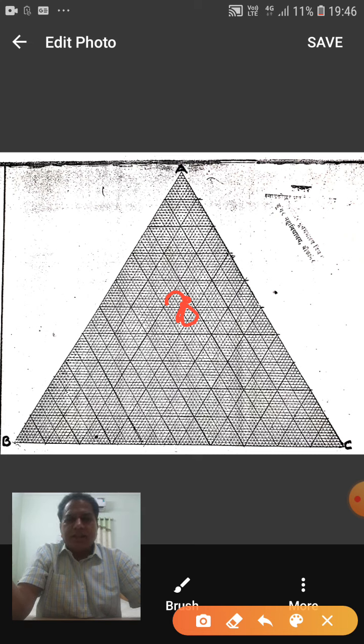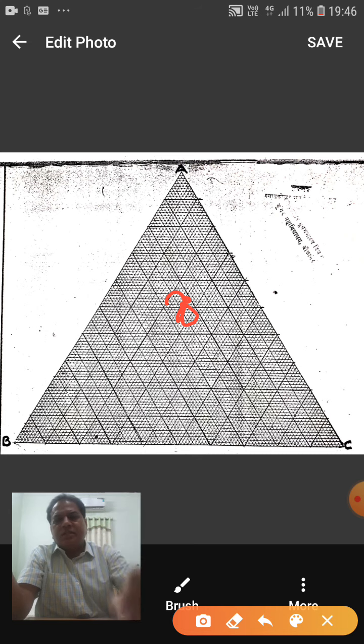The concept of plotting is very clear: the vertex of the corners will represent 100% of that particular component. If it is on corner A, it is A100, on B, B100 and on C, C100, right? And naturally the rest will be 0 at that point. Similarly, the lines, I repeat, will represent the composition of two variables.